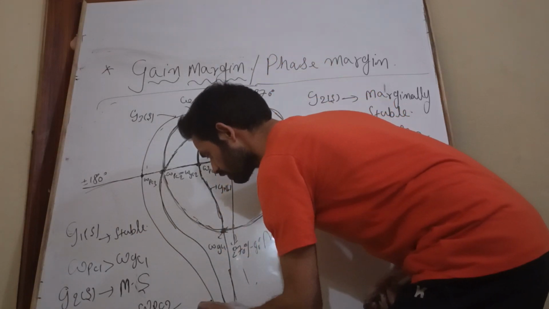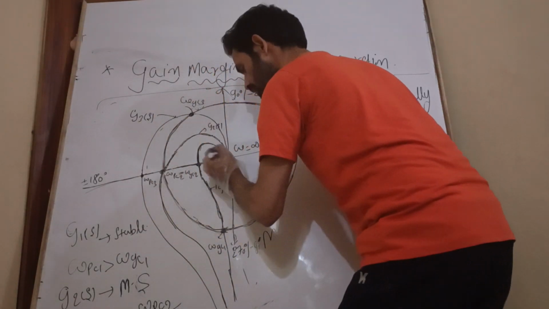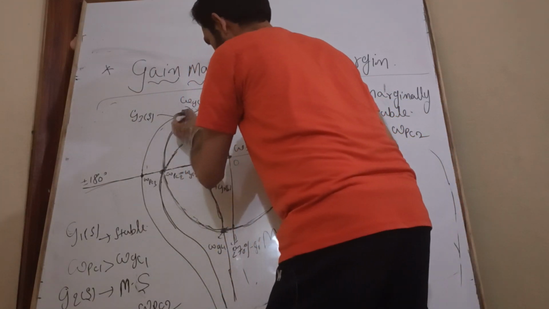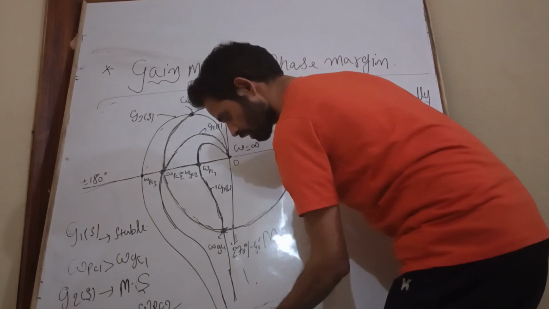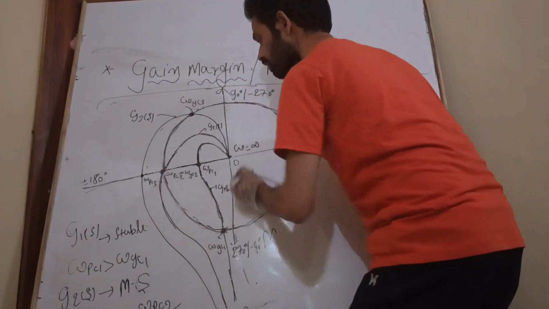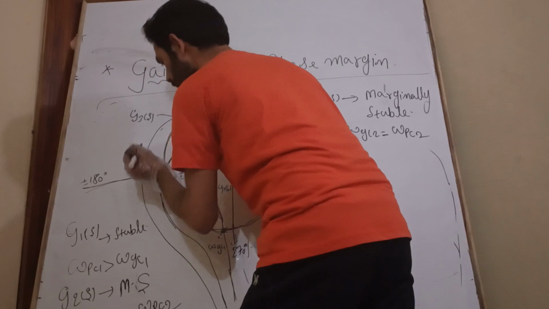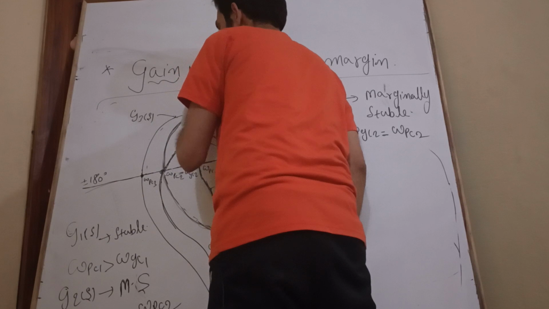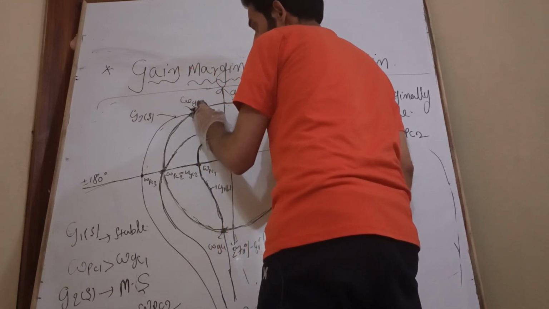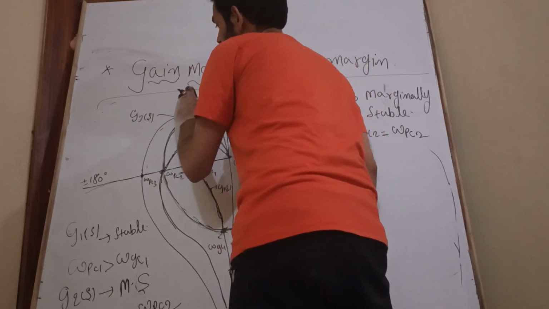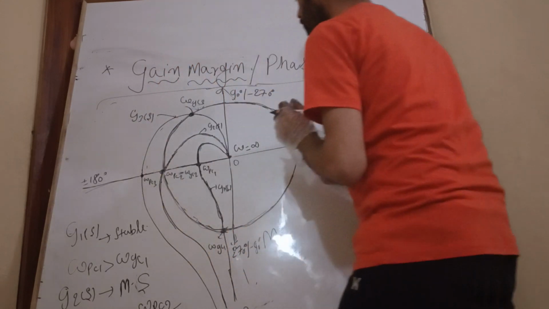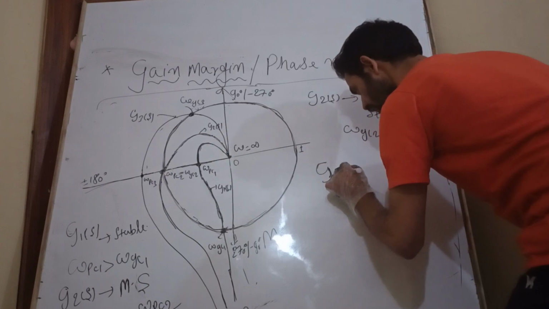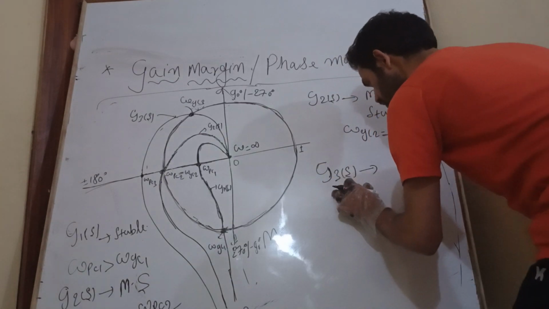Because if you see, this curve is nothing but variation in the frequency. Here omega is from 0 to infinity. Which one is coming first? Omega PC1, this means this is less. Which one is coming after? Omega GC3. So omega GC3 is greater than omega PC3. So from here we can say that this system G3 of S